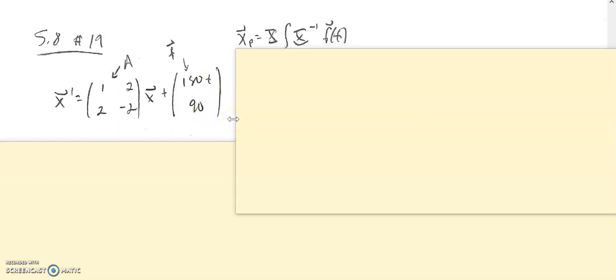Before I tell you to pause, this one is fundamentally the same type of problem in the sense that it's got this 180t, so it's like a polynomial type thing on this. So we're going to have the same integration by parts work. So if you had a little bit of trouble with the previous one, take note of where you might have made some mistakes, just like I did in my original attempt, and see if you can be more careful going through those spots where you made some mistakes. So now you can pause and